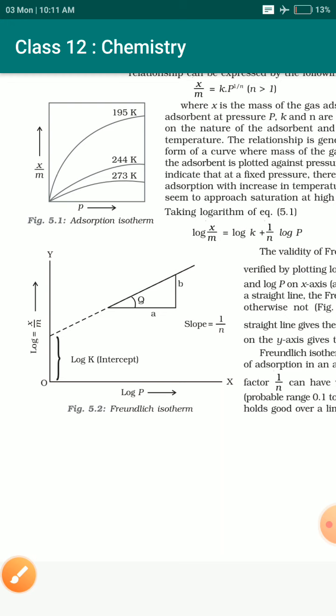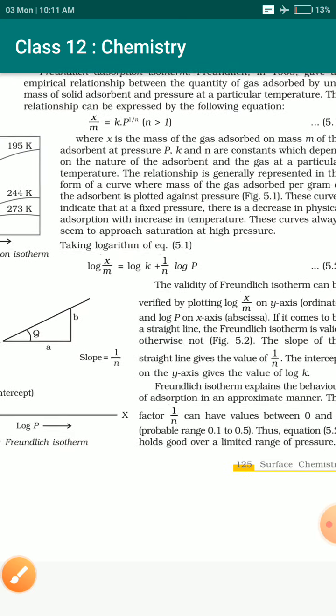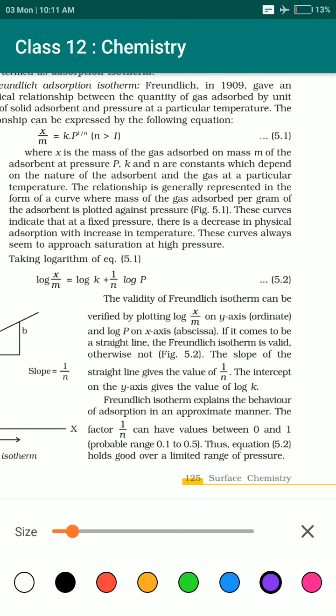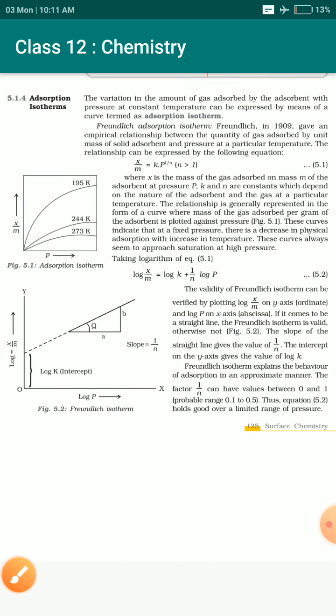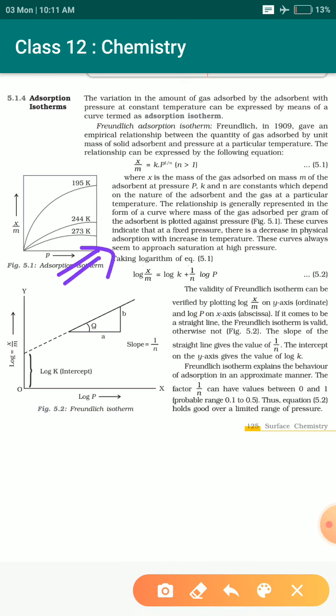Now, speaking of which, we have said that Freundlich isotherm always determines one thing, that if you have a decrease in adsorption at increasing temperature, then this graph is very much satisfying for you. But what is the validity of this particular graph? How can you confirm that this particular process happens, or how can you say that this adsorption isotherm that has been used, this particular graph that has been used, it is true or it is correct? How can you verify?